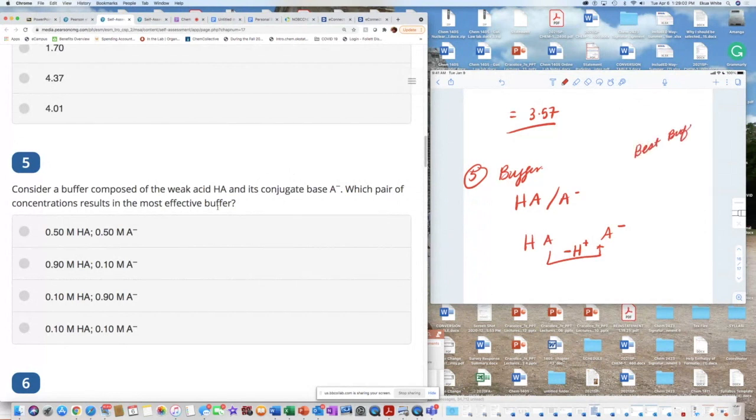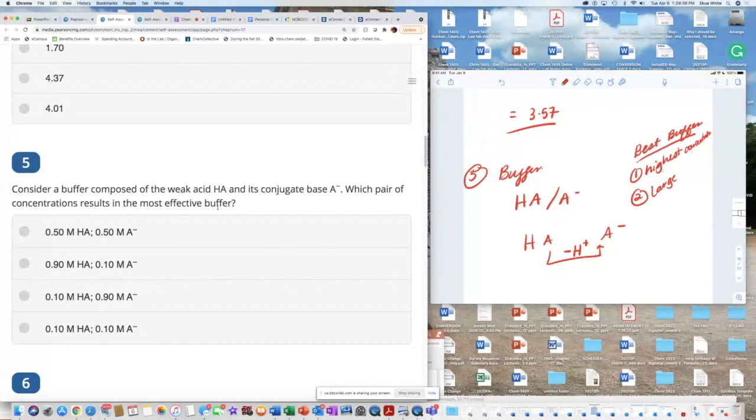Somewhere in the notes, I don't want to go back because of time, they talked about concentration. If you want the best buffer, you want the highest concentration, right? So it's potent. If you have a headache and you have 50 milligrams of aspirin versus 100 milligrams, you want the one that's more potent to get the headache gone quickly, right? So it has a great punch. And second has to do with the amounts. So highest concentration,